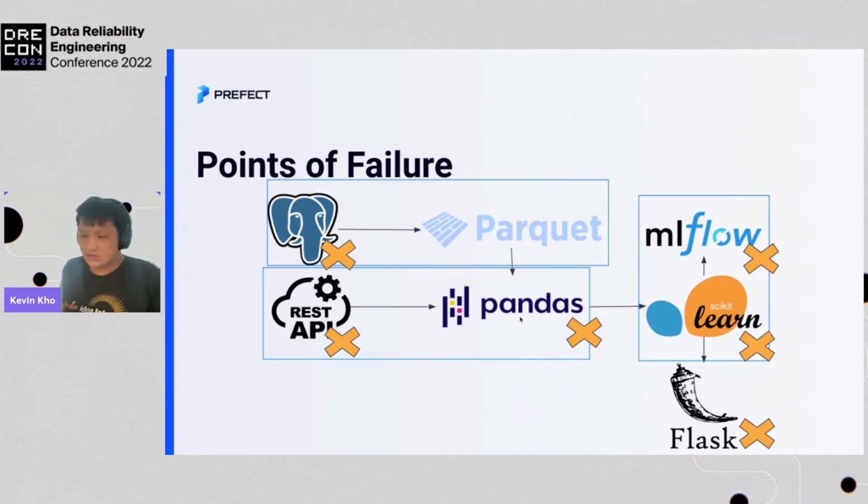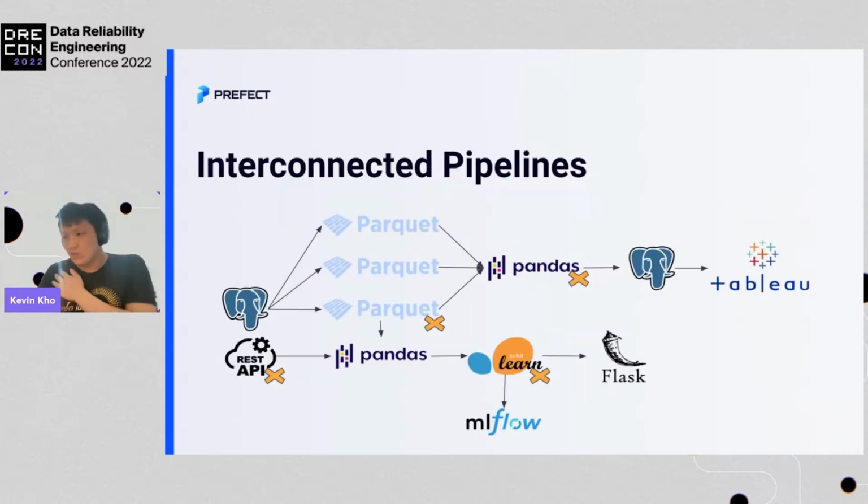If my data comes in malformed, maybe I should have just written checks. But the point is that the more you safeguard against failure, the more code you're writing to explicitly handle failure. And when we talk about interconnected pipelines, the failure cases are